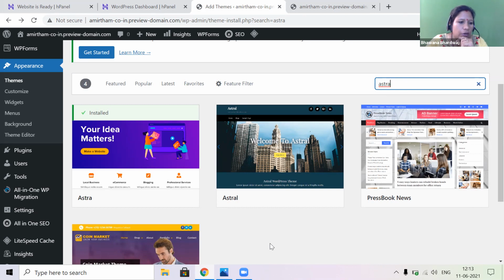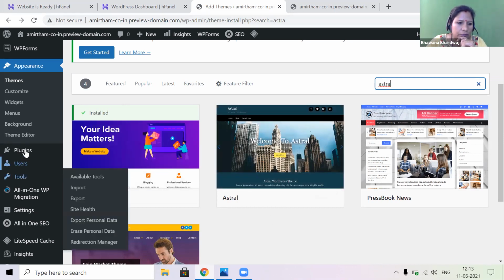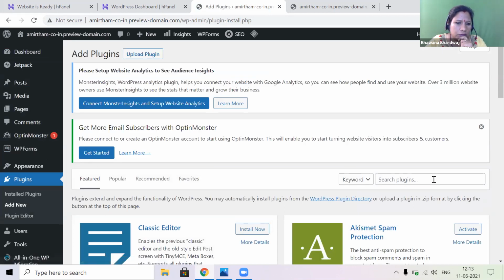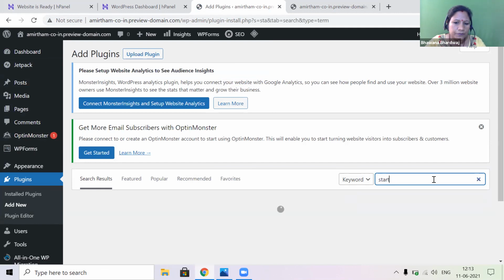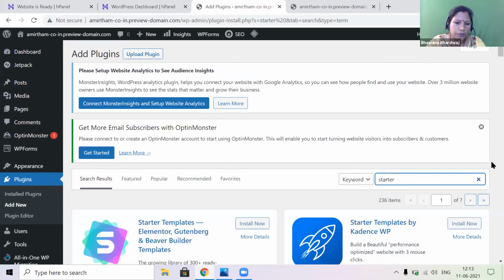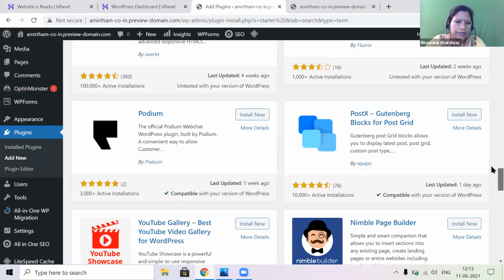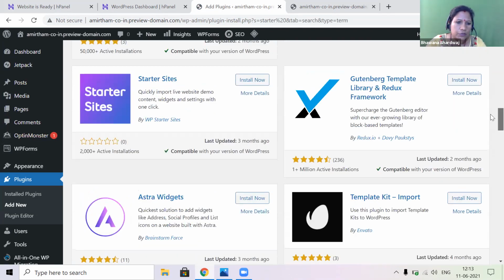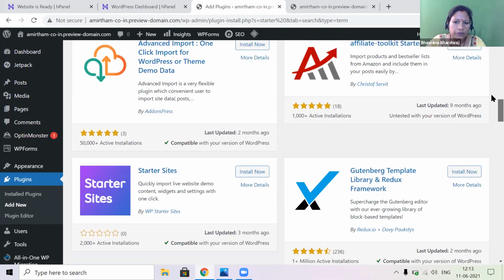Okay, no worries. So let's come back to your plugin. Go to your plugin. Click on add new. And here search for starter template. Install Starter Templates by Brainstorm Force, the top first one.